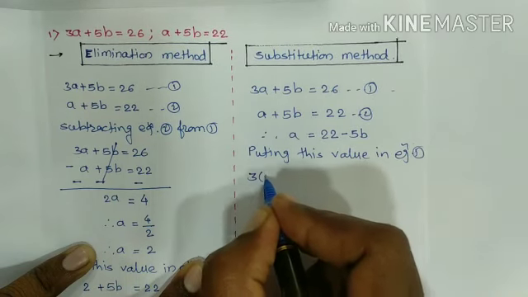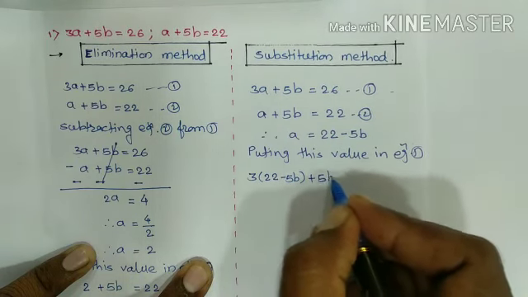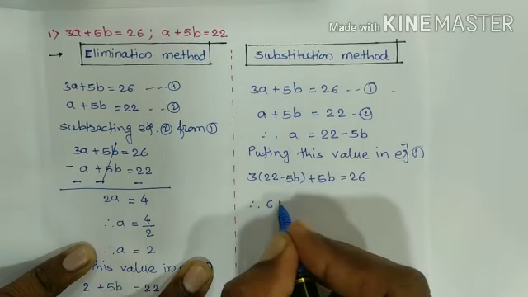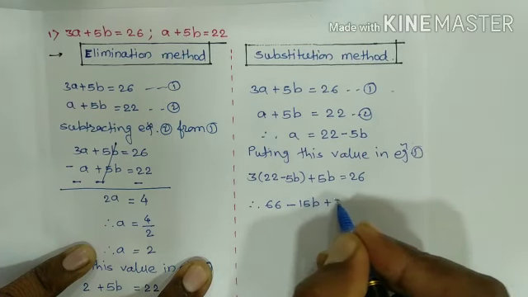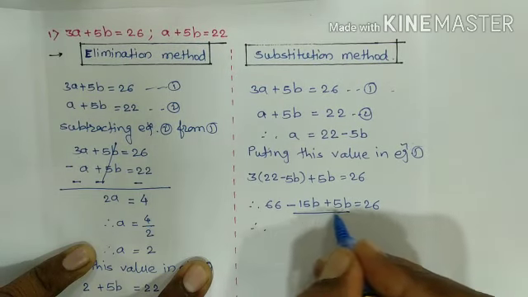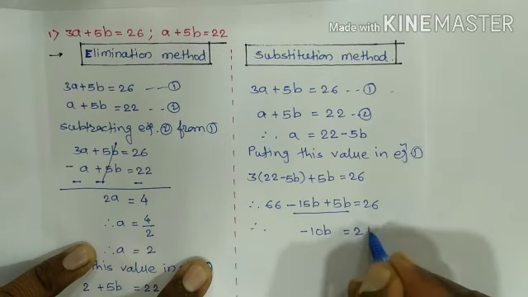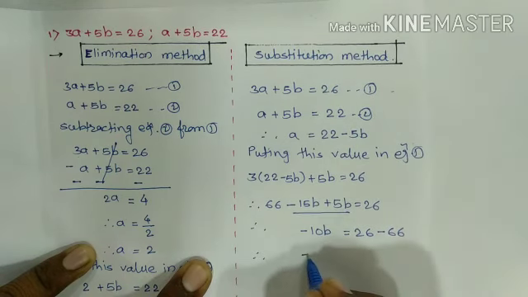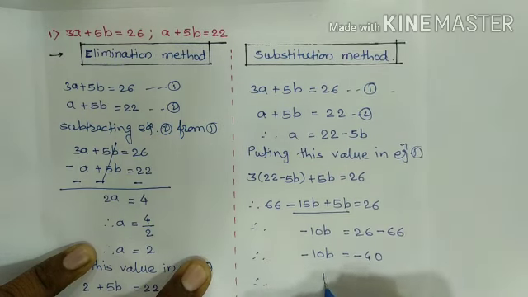Therefore 3 into (22 minus 5b), this value we put here, plus 5b equals 26. And therefore 22 threes are 66, minus 5 threes are 15b, plus 5b equals 26. These are the like terms. Minus 15b plus 5b is minus 10b equals 26. Plus 66 changes side and becomes minus 66. Therefore minus 10b equals minus 40, and therefore b equals